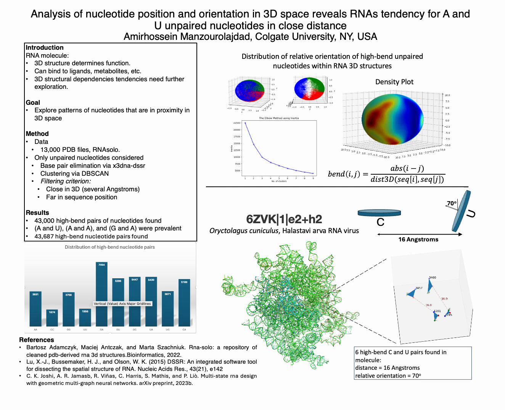Finally, one of the RNAs that contained many high-bent nucleotide pairs is this RNA virus. I hope I'm pronouncing it correctly, Alastavi Arva RNA virus, shown here. As you can see, there were 6 nucleotide pairs, CU nucleotide pairs, that were 16 angstroms apart and had exactly an angle of 7